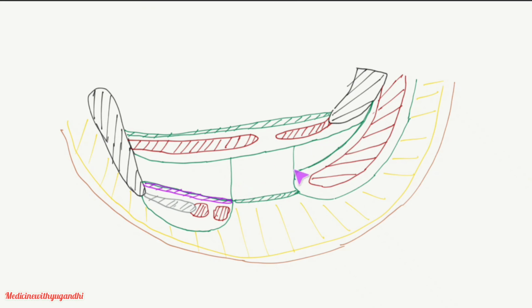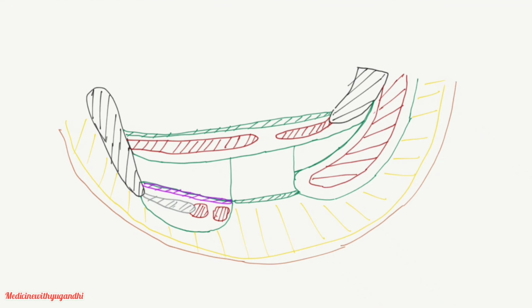Then of course this is the main part of the ischial fossa, and another recess that cannot be shown in this parasagittal section is the horseshoe recess, which connects the ischial fossa on both sides behind the anal canal. Now let me mention the structures one by one so that it will be somewhat helpful.